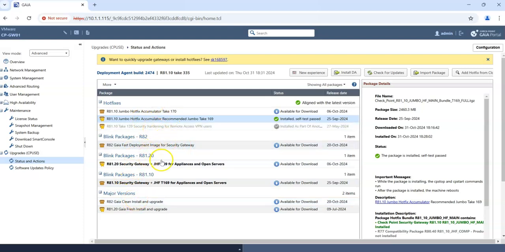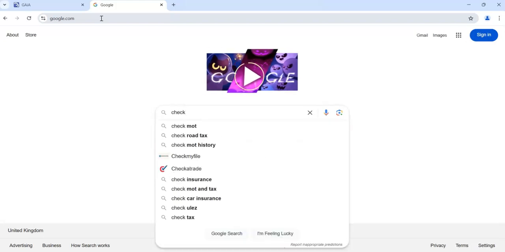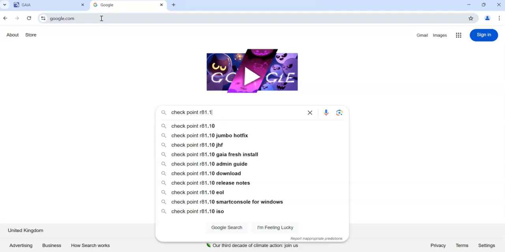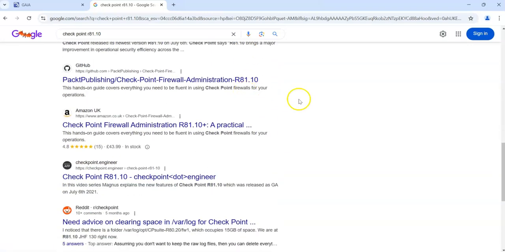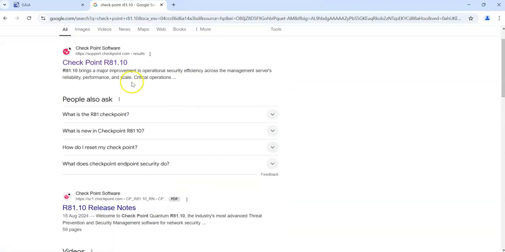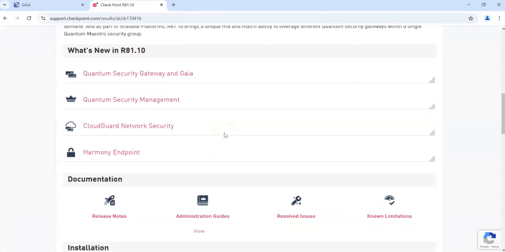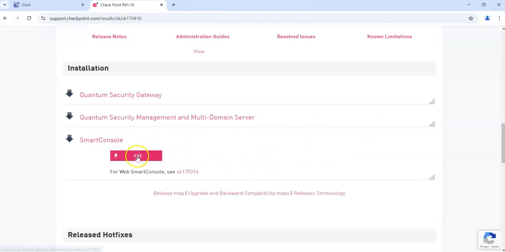And Smart Console, it would be somewhere in this list. And otherwise, you can go to the Checkpoint web UI, so the Checkpoint Support Center. So if we open, you can Google if you're not sure, Checkpoint R81.10. If you just put that, then it will take you to the Support Center page. Yeah, here. Then from here, it will give you a place to download the Smart Console right here. So if you click, then download the exe,